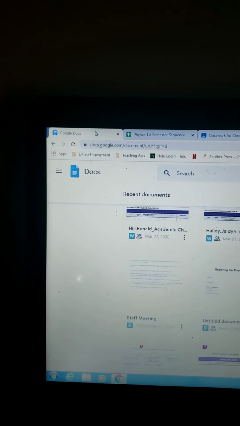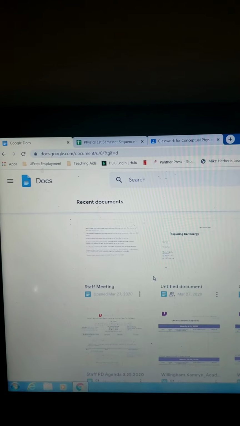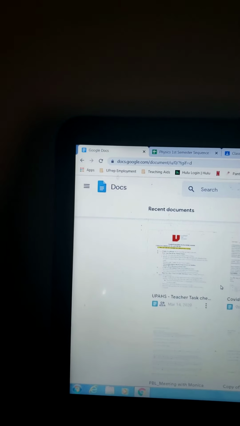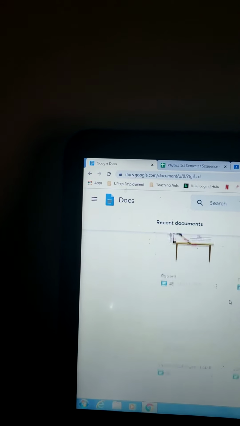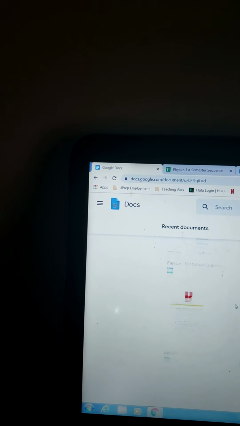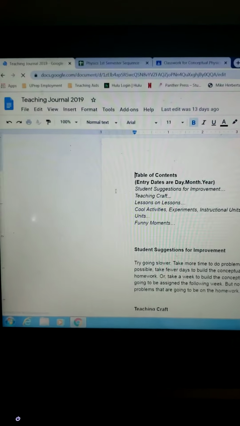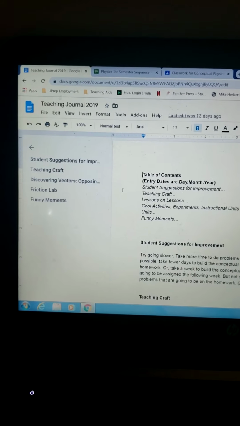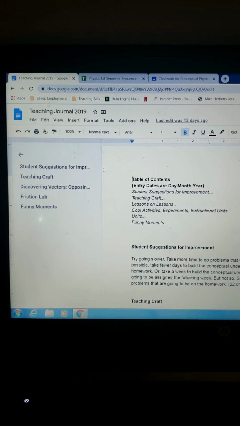So, first step, you want to go to Google Docs. You can find whatever document you want. For you, it'll be your lab report. For me, I'm just going to show you with a random document if I can find one. So let's just say teaching journal. You click on the document that you're trying to access. Now for you, you won't be able to have your cursor there or anything. It won't allow you to type into your document because it currently is saying that it's still submitted in the